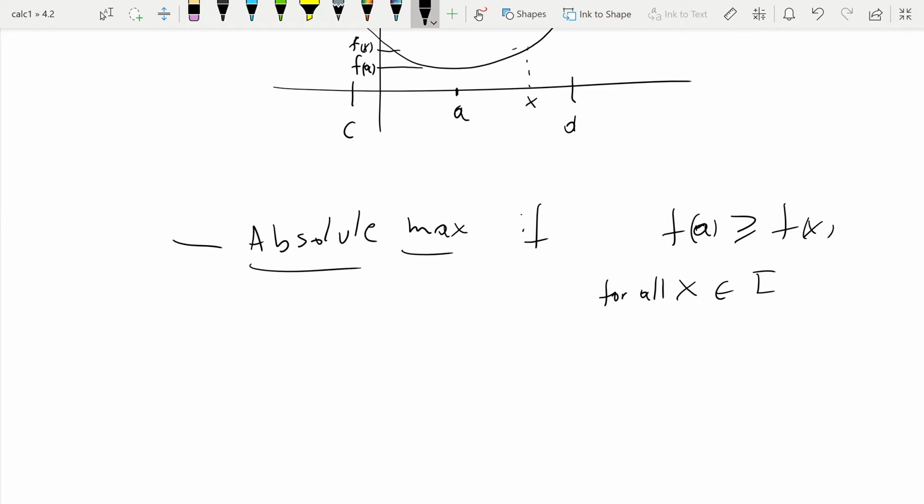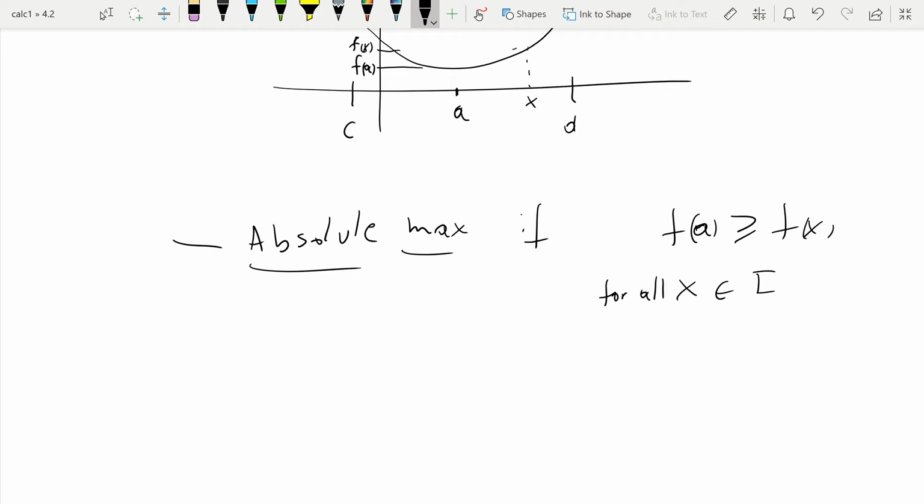So these are the most important notions. Max and min are what we usually look for,